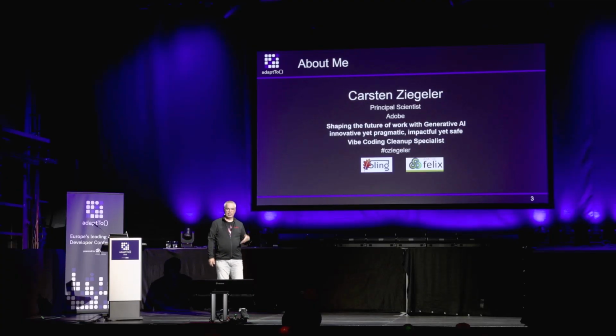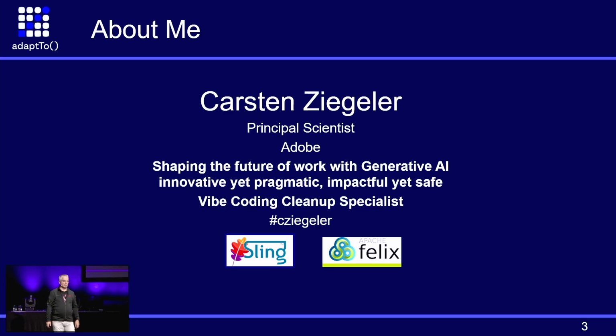A little bit about me. As you know, I'm Carsten, working for Adobe. I founded Sling together with Bertrand and then Felix many years ago. And that's why I'm here as well, because I also worked on this Jakarta stuff, this new stuff. It involved Sling and Felix. These days, I'm more in the AI world, right? Generative stuff, working on our agentic offerings for AEM and having a lot of fun with that stuff. I'm trying to get rid of myself, so AI is doing all my work. I didn't succeed that much yet.